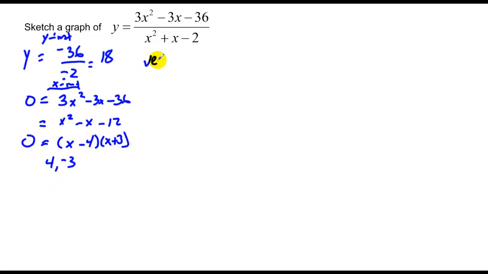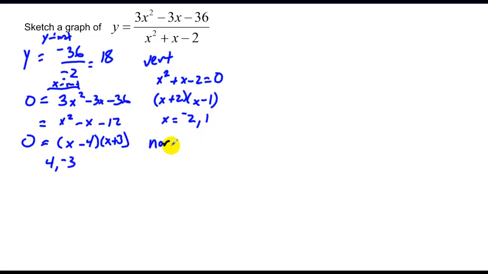Vertical asymptote, set that denominator equal to 0. End up with x plus 2, x minus 1. I have x equals negative 2 and 1. My horizontal, I have matching degrees, therefore y equals 3 is my horizontal. So once again,